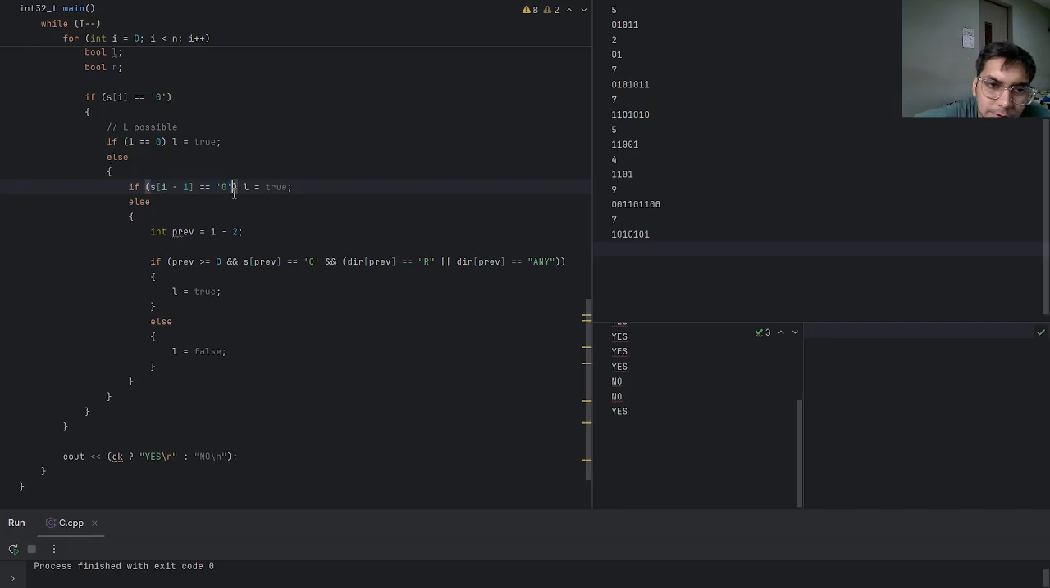The previous one was 0. True. This is the two previous one. And if it is greater than 0, and